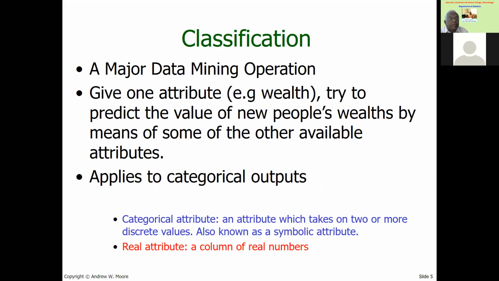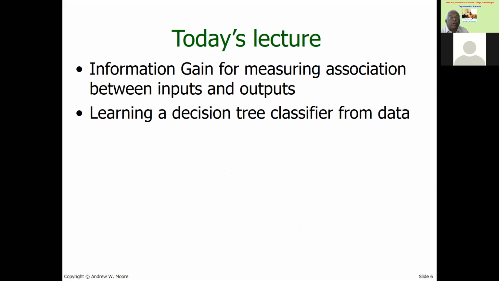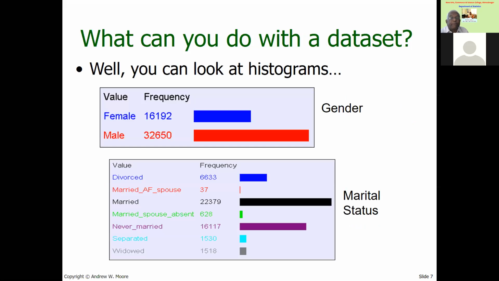Classification. It is a major data mining operation. Given one attribute, for example, wealth, try to predict the value of new people's wealth by means of some of the other available attributes. Applies to categorical attribute. Okay. What can you do with a data set? The first step is